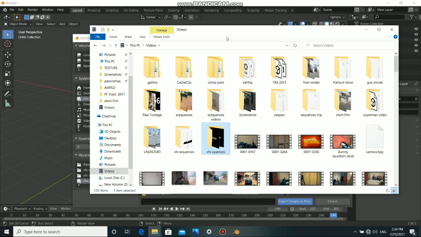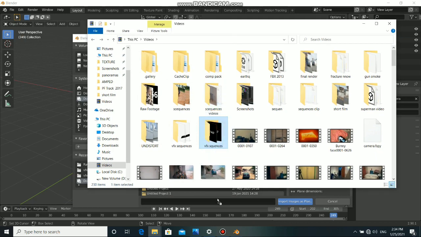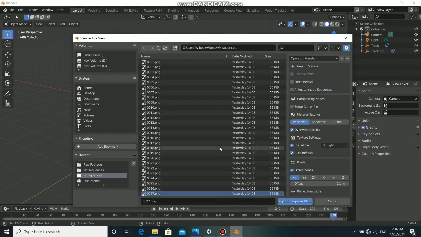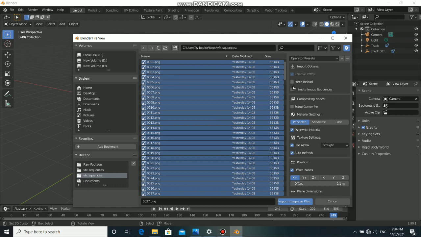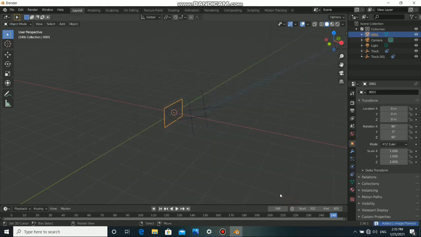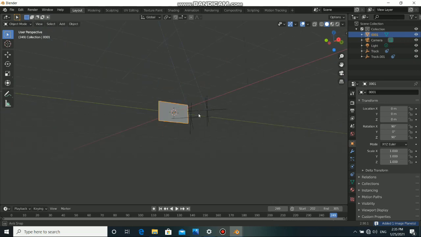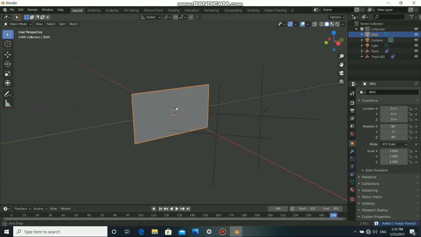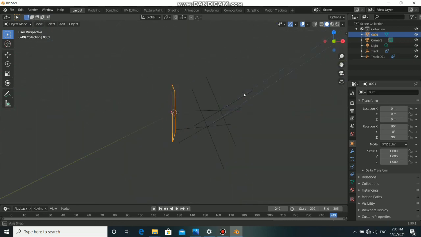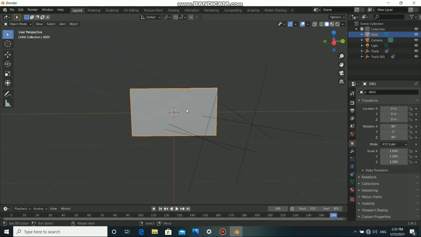So I'll just drag this into the workspace like so. I will press A to select all, then click on animate image sequence. So you need to turn on animate image sequence and import image as plane. Alright, so we have all our animation here in this small plane that represents the position of this. So when you go back to rendered like so,